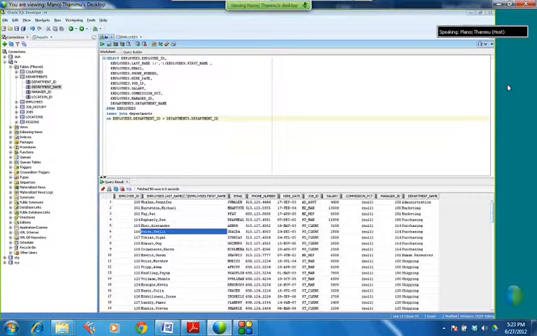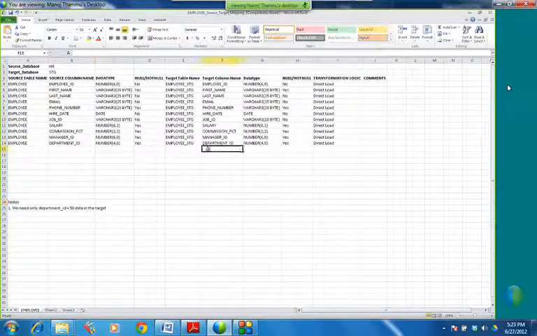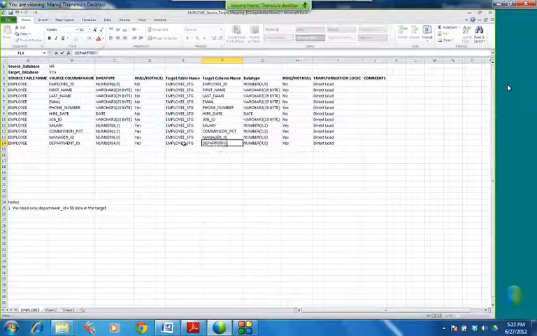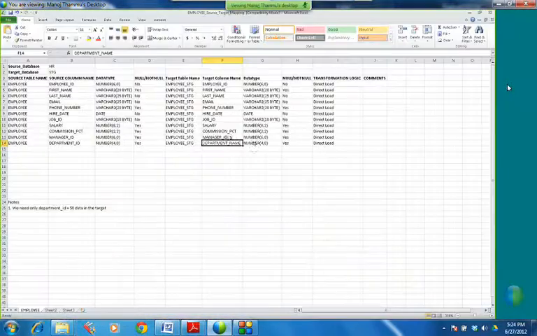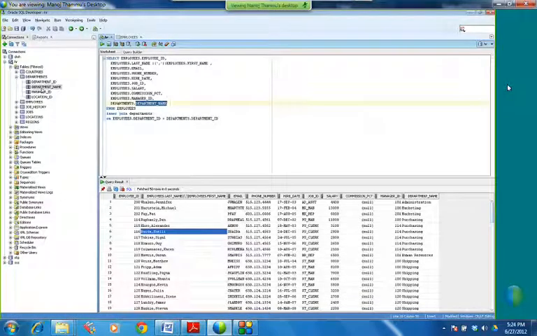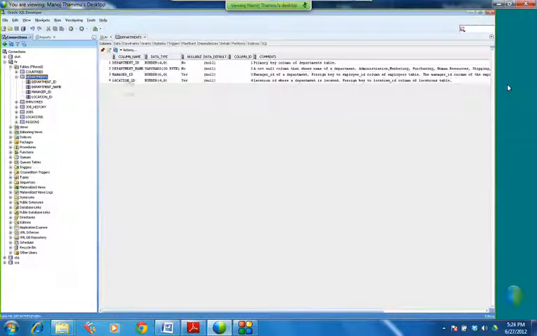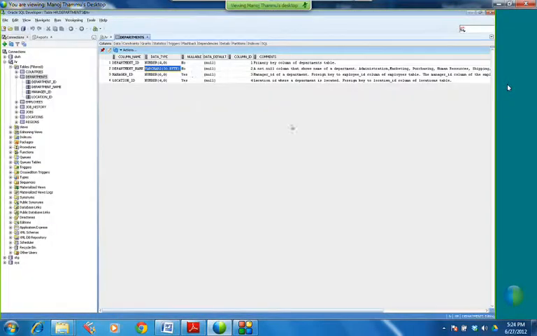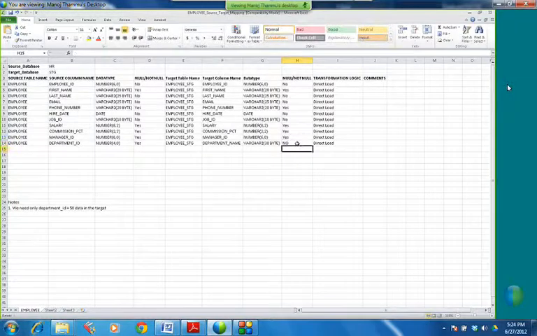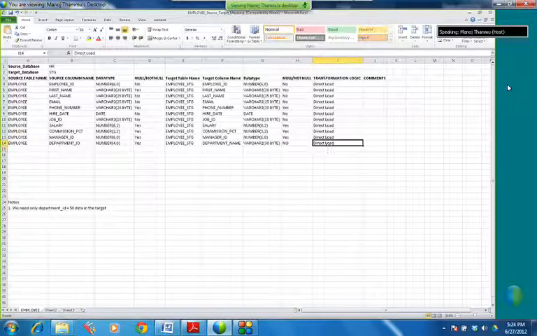So now my requirement got changed. What is my requirement now? I need employees_stg.department_name. Let me copy this department name and also get its data type. What is the data type for the department name? Let's go to the data type, copy the department name and paste it here: VARCHAR2 of 30 bytes. Is it nullable or not? It seems department name is not nullable.